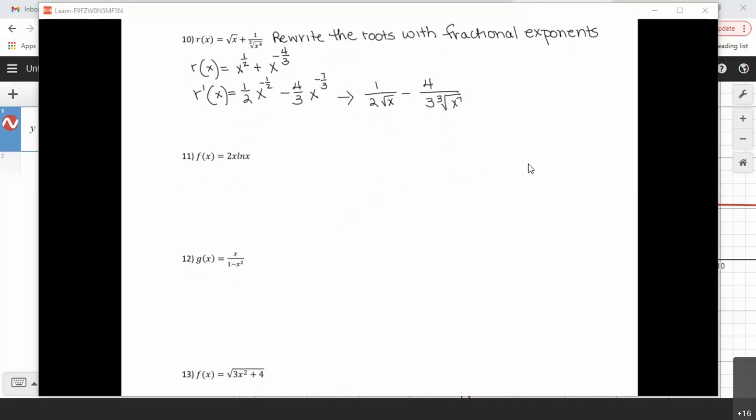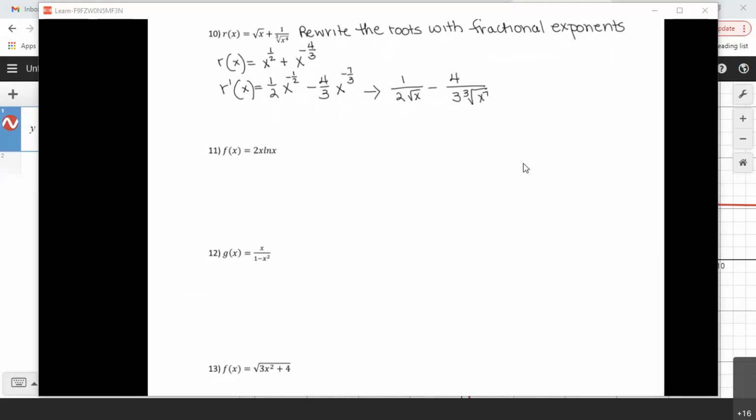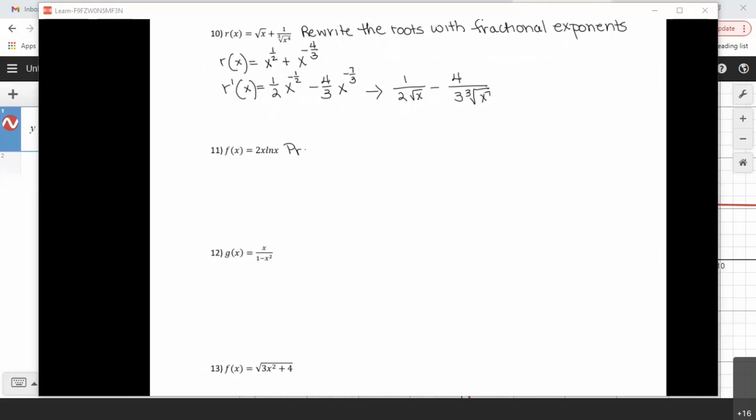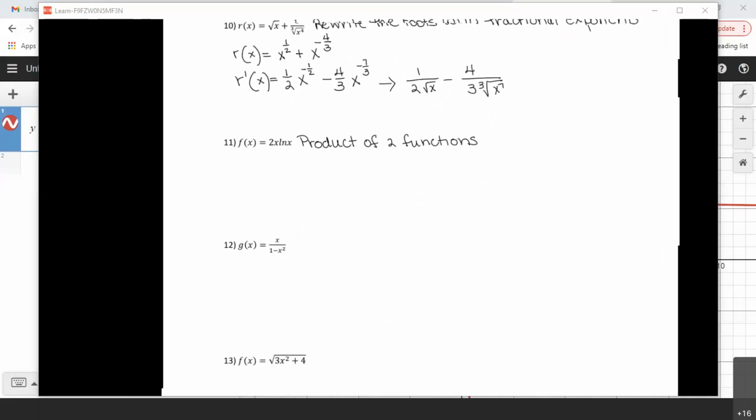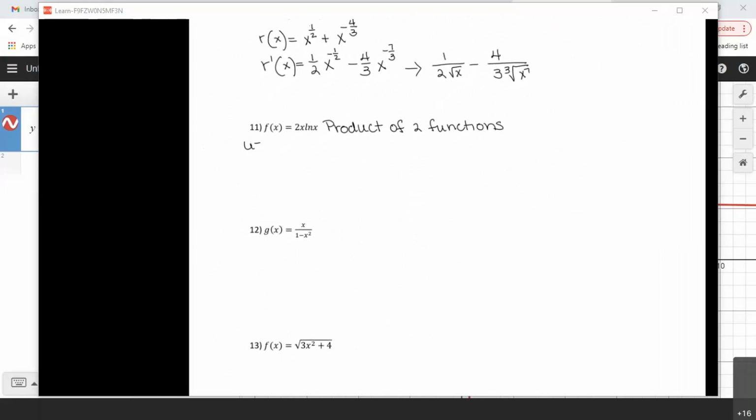If I look at number 11, I see I have a product, right? I have a linear 2x and a log, ln x. You need to recognize it as a product of two functions. All right, so then I'm going to go to my product rule up here. I'm going to let u be 2x, v be ln of x. Okay, u prime is just 2,